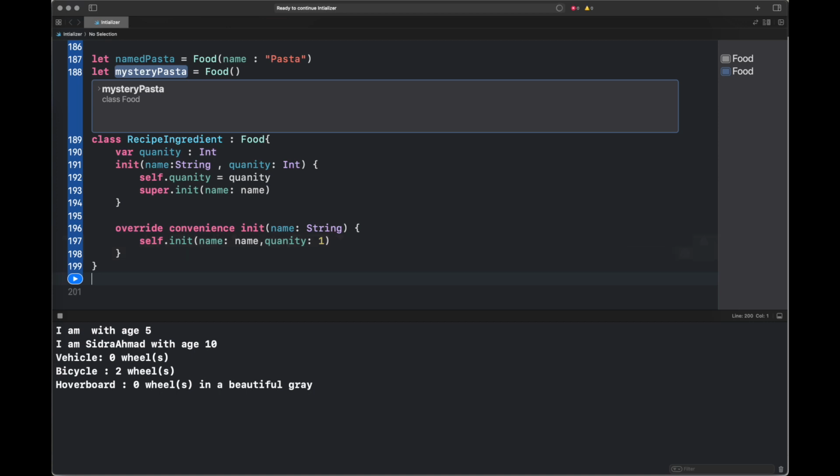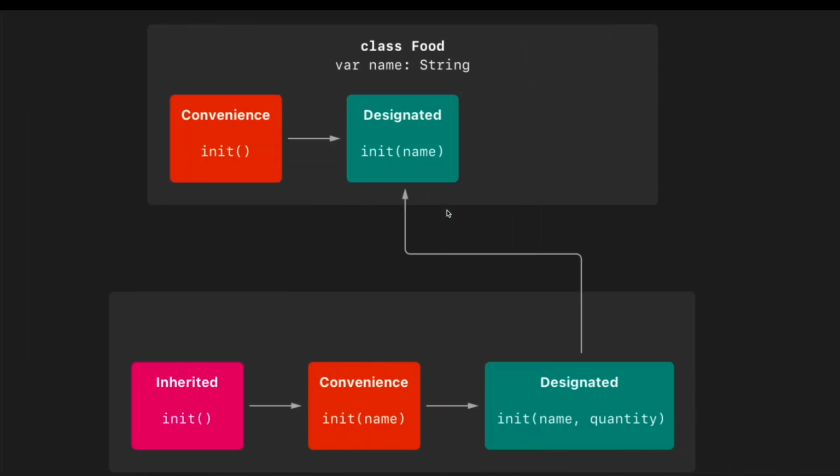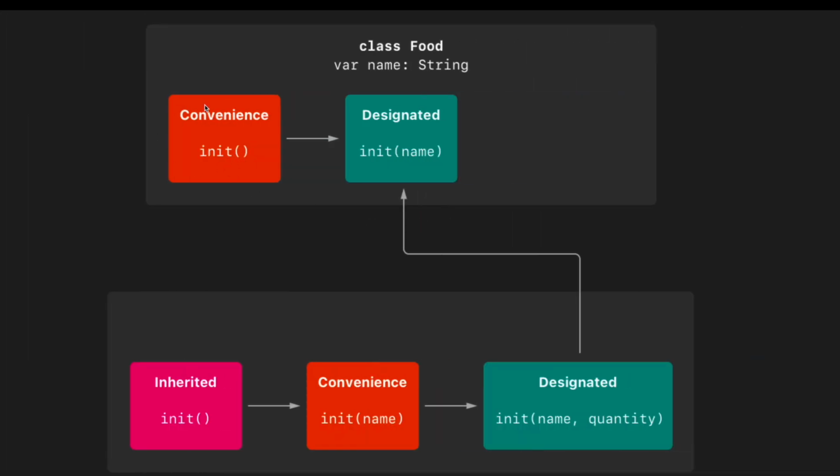So these are the two cases where we have basically created a designated init method and overridden a convenience init method for our class RecipeIngredient. And how its relationship will look, I am going to show you here. So this is the previous setup. Now we have added another class, and as you can see, the convenience init method is inherited